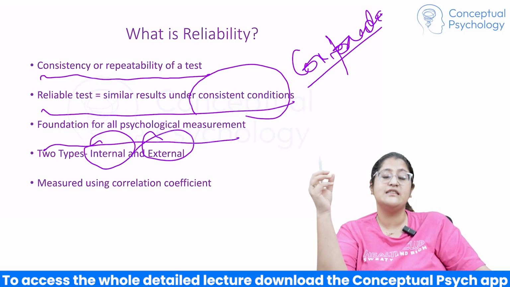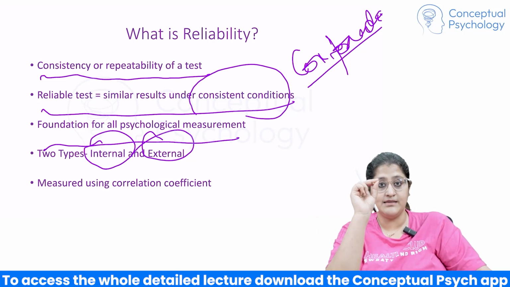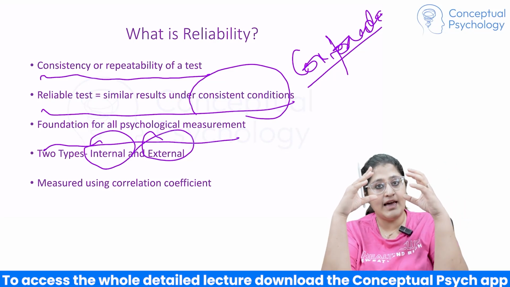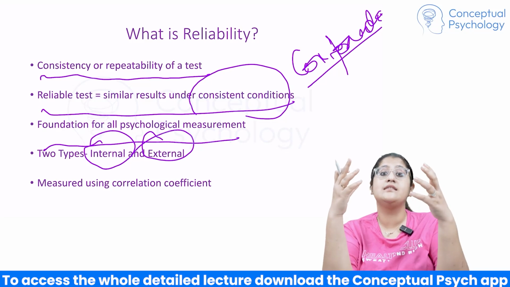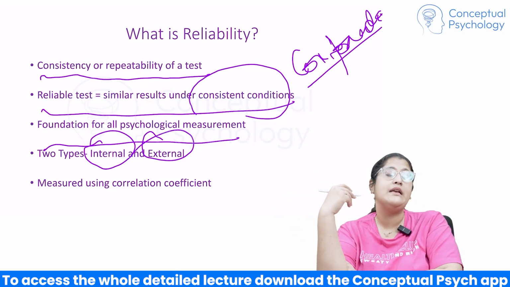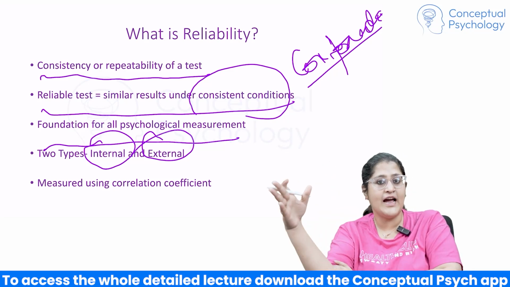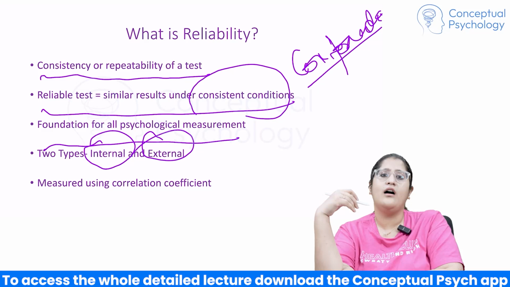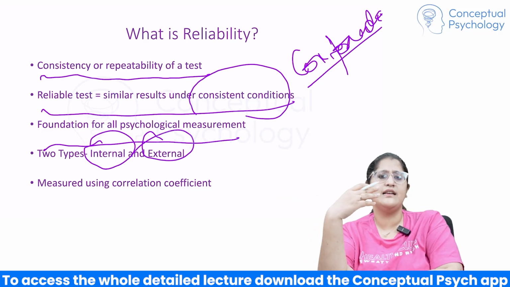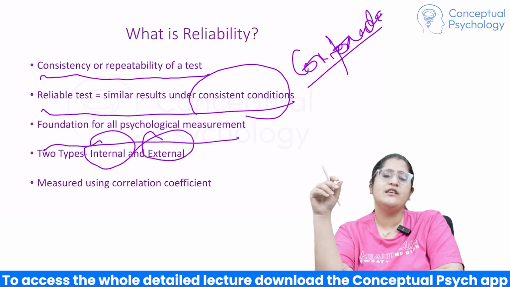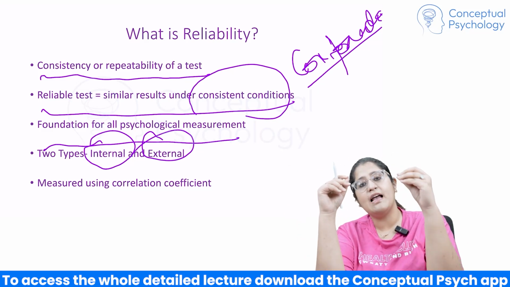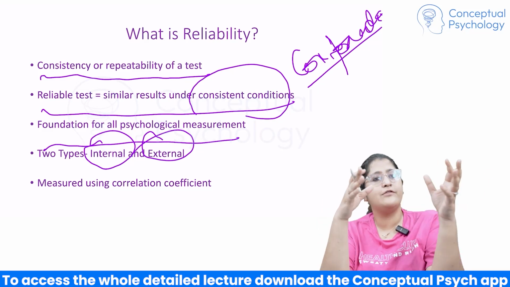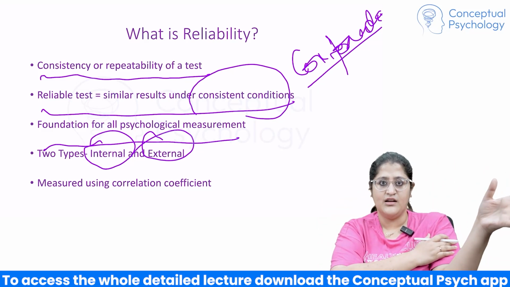Okay, now there are two types of reliability: internal and external, right? What does internal and external reliability mean? Internal reliability means कि टेस्ट के जो आइटम्स हैं वो इंटरनली रिलायबल हैं, मतलब इंटरनली कंसिस्टेंट रिजल्ट्स देते हैं. What does that mean? For example, in a test, you will always see different attributes being measured. Even if you take a very basic test, like a depression test, one attribute is psychomotor retardation, right? Then this attribute will be measured by different questions in the test, right?